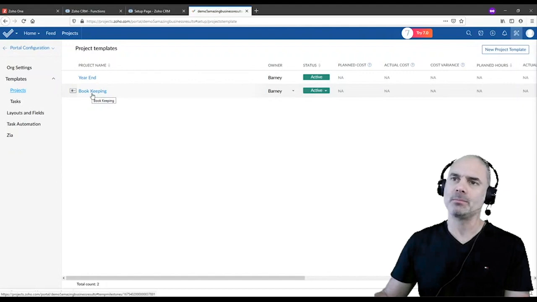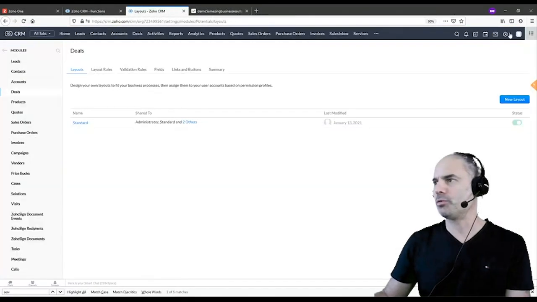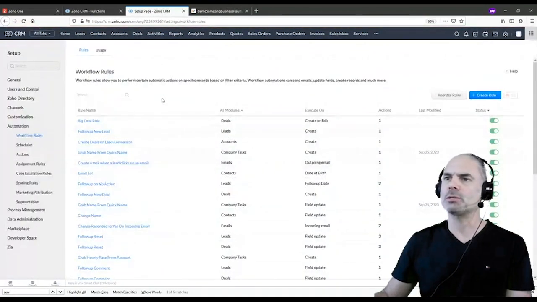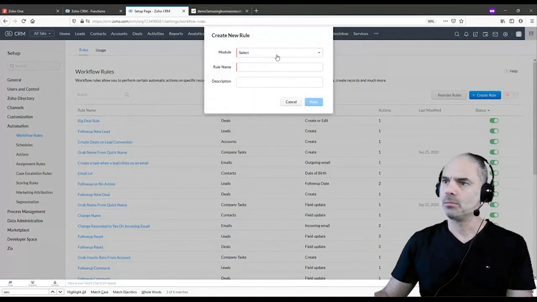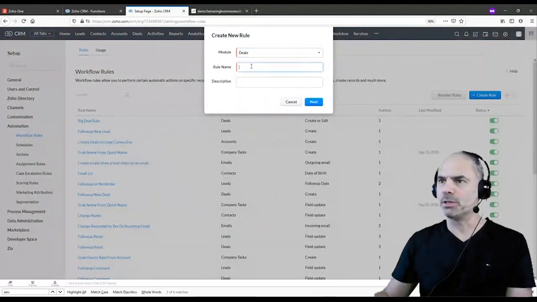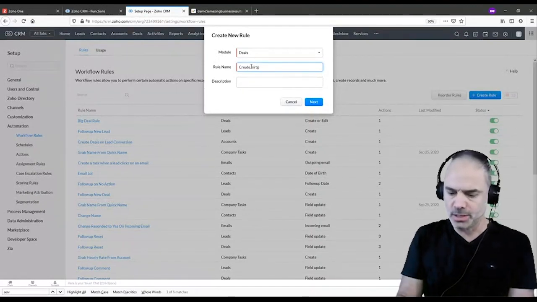Okay? Okay. So I am going now to create a workflow. So workflow rules. The first one will be related to the deals, create mortgage project template.